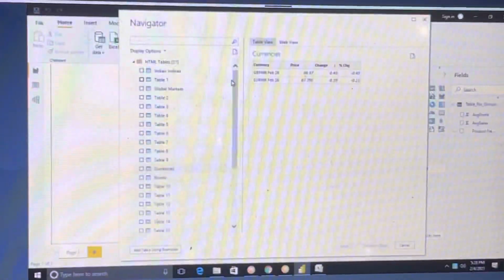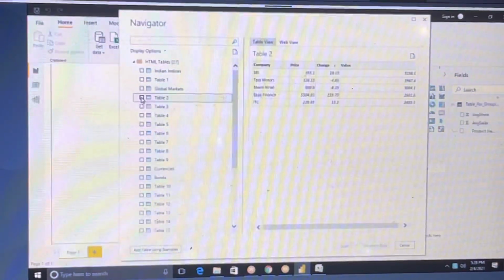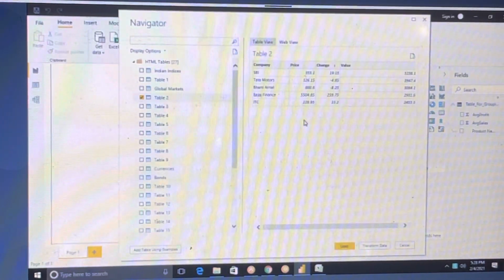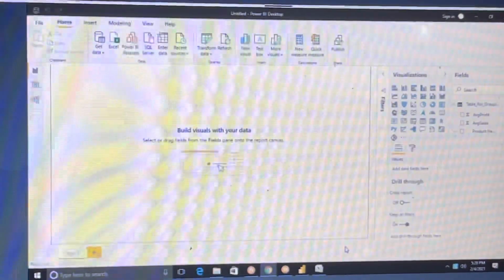Like that, we will have many tables. These are all the tables. Let's say, which is good data we can take. See, company, SBI, Tata Motors, all this price and what is the change and all, we will have it. Let us take this data. My data is clean, so I don't want to go to transform, click on load.